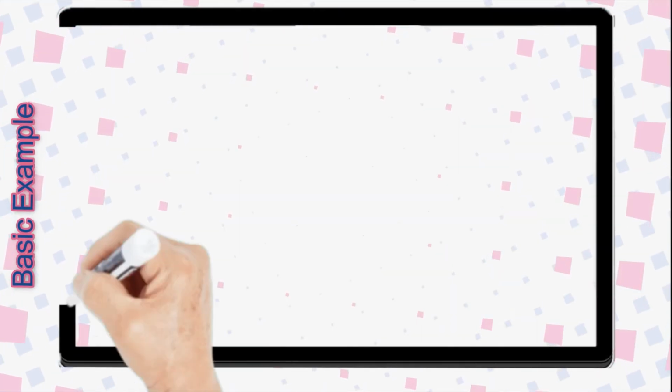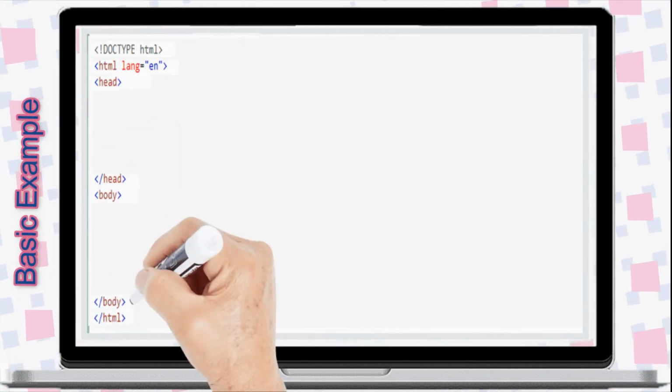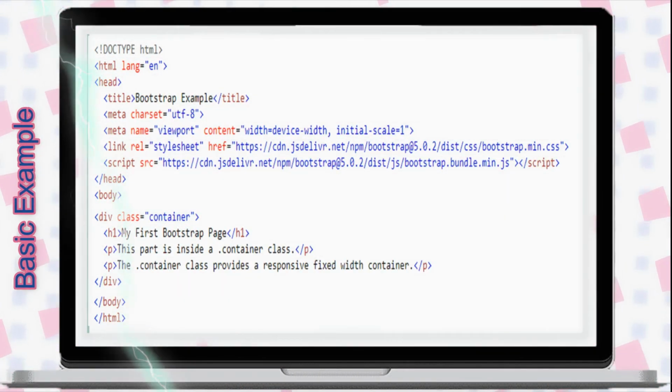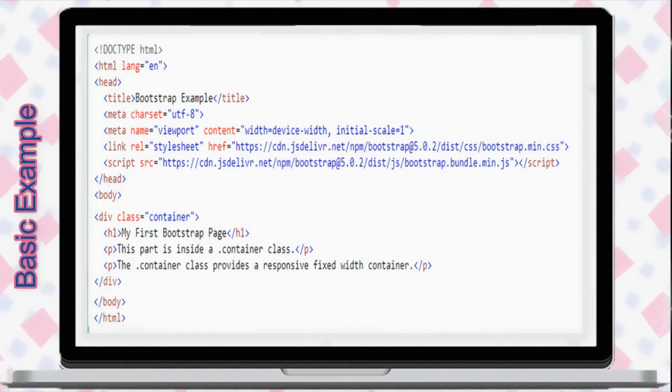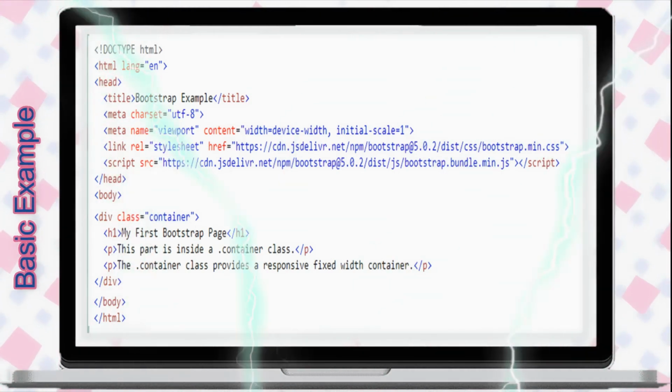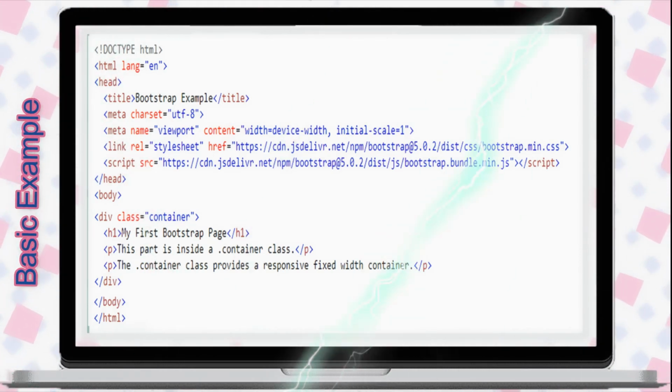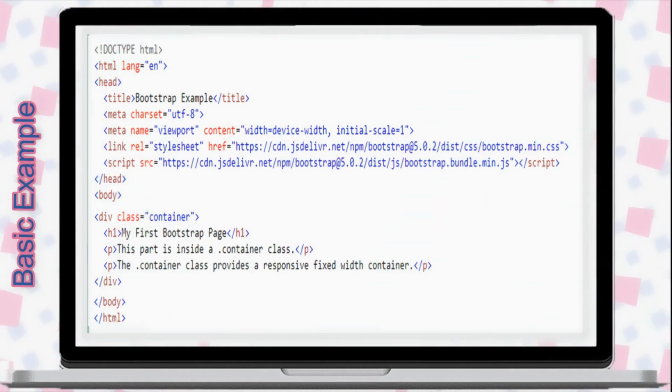The following example shows the code for a Bootstrap 5 basic page. You can replace container with container-fluid for full-width display, or container followed by a specific breakpoint to set a full-width container until the specified breakpoint. Pause this video, note down the given basic example and try to extend it for self-learning.